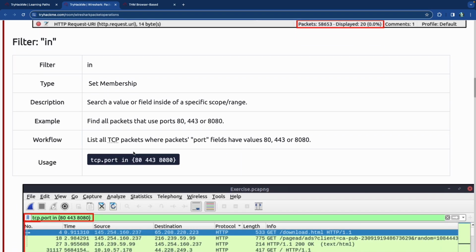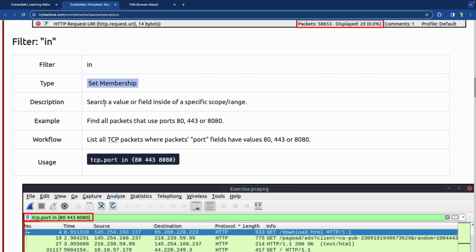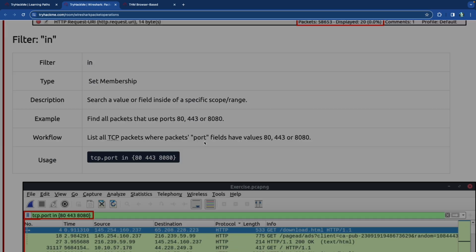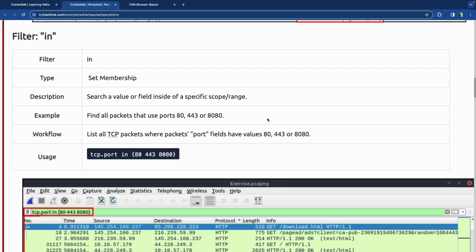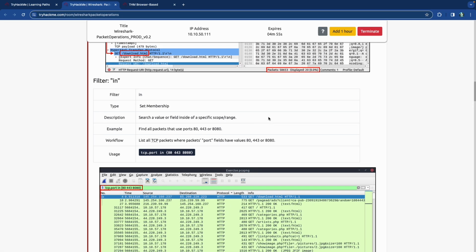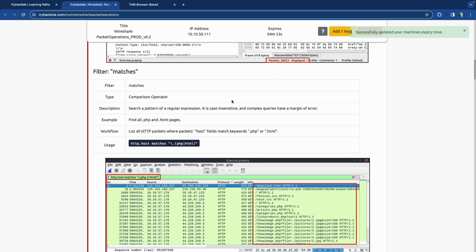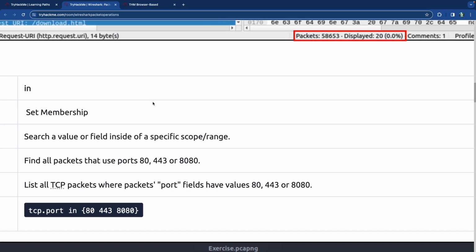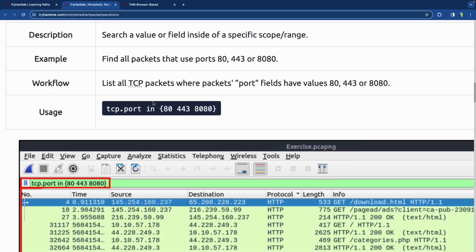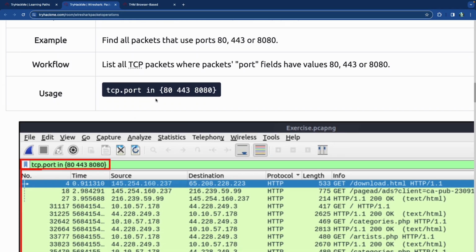And the next filter is in. It says set membership. So tcp.port in these different options, right? List all TCP packets where the packet's port fields have values 80, 443, or 8080. Let's make sure that we extend the timer on our machine so it doesn't die on us too quickly. And there we go. It's going to look for tcp.port in, and then this is a list value. And the list value itself is